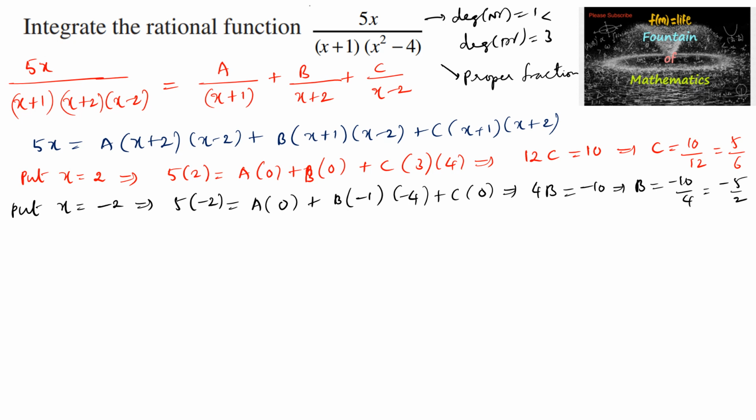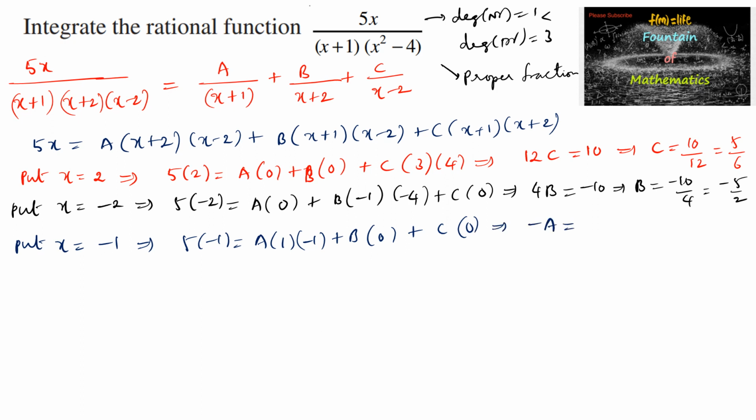And now put x is equal to minus 1. So 5 times of minus 1 is equal to a times of minus 1 plus 2 is 1, 1 minus 2 is negative 1, plus b times of, since x is equal to minus 1, so x plus 1 is a factor, so we will get 0. And the second term with c is also 0, which implies minus a is equal to minus 5, which implies a is equal to 5. And now we got the values of a, b, c, so we can write